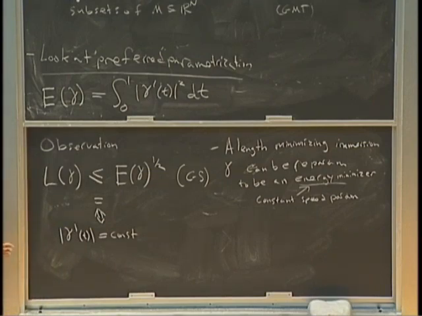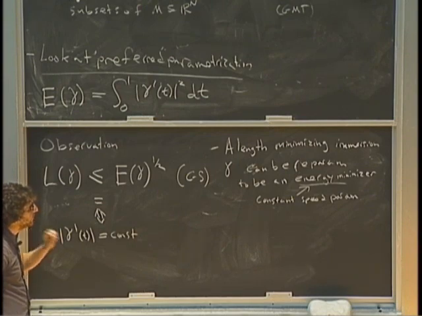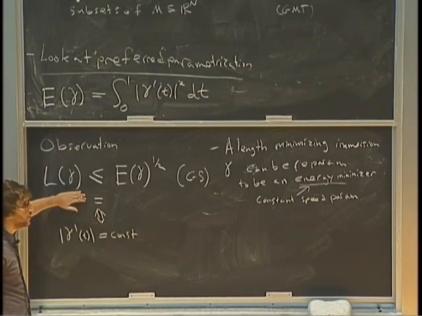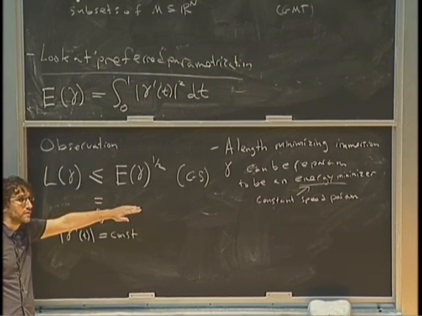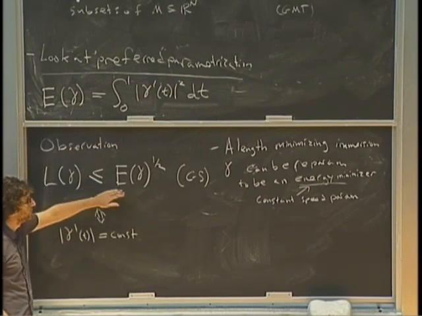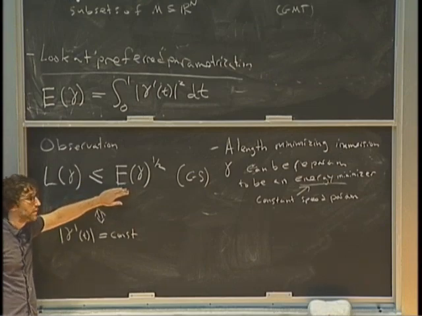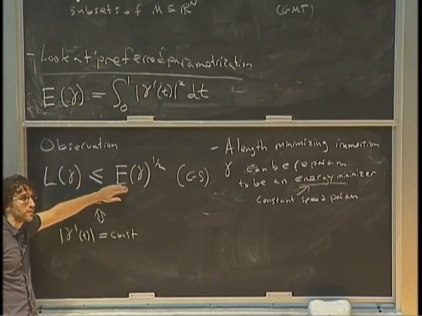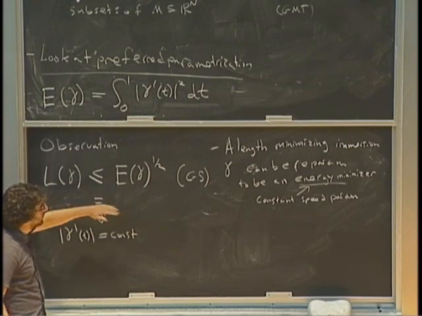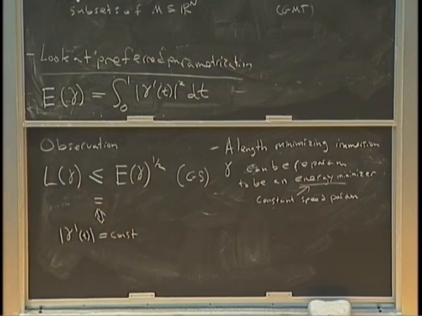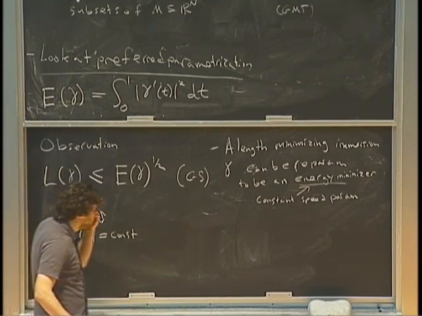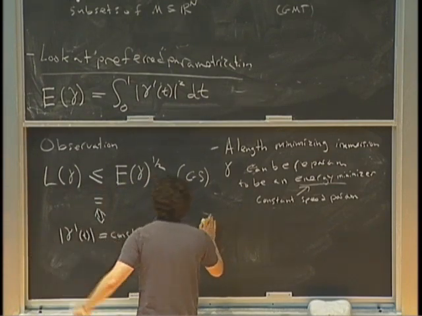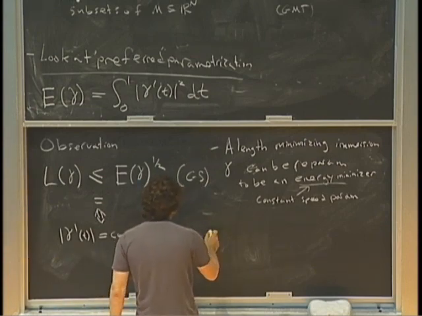So in fact, the other direction is true, but this requires a little bit of thought, right? Because you could imagine that the length minimizer is not actually an immersion, in which case you couldn't reparameterize it. When it's an immersion, you can see how to make this work, hopefully. But when it's not an immersion, you might have to spend a little bit of time thinking about what happens. There's actually a very simple way to see this, which also explains some of the issues I mentioned over here. Given any curve,